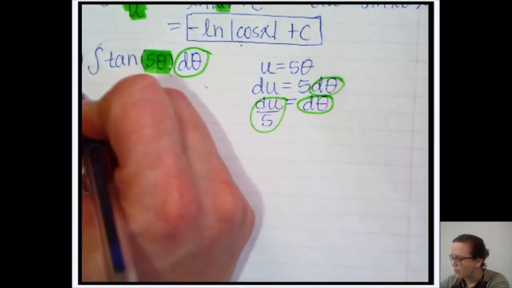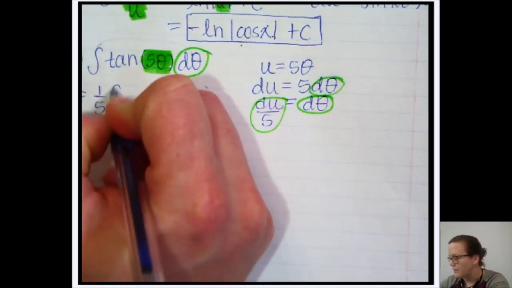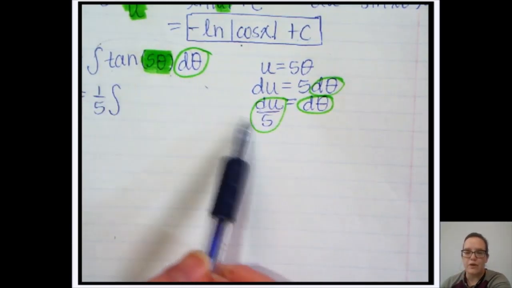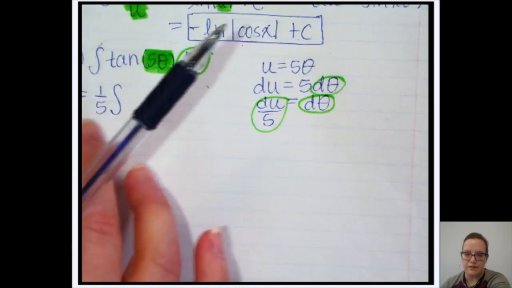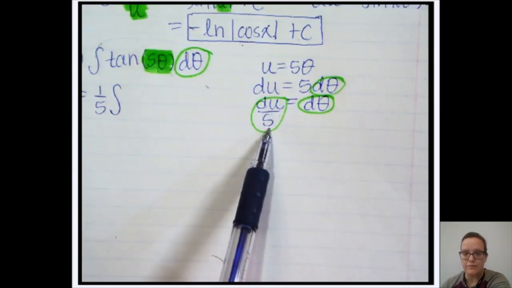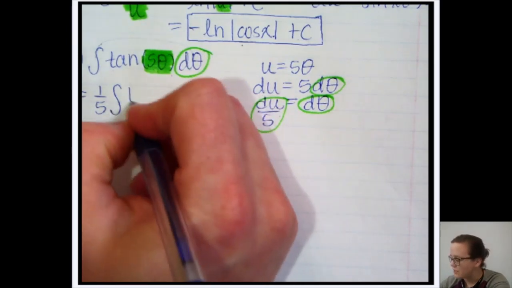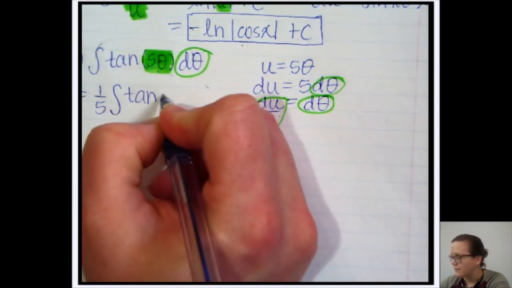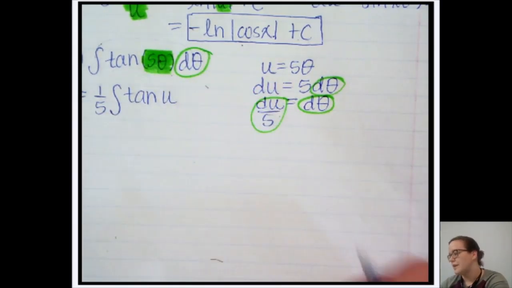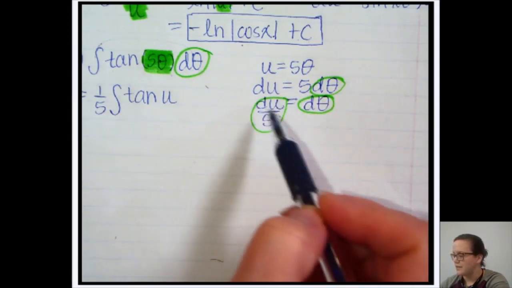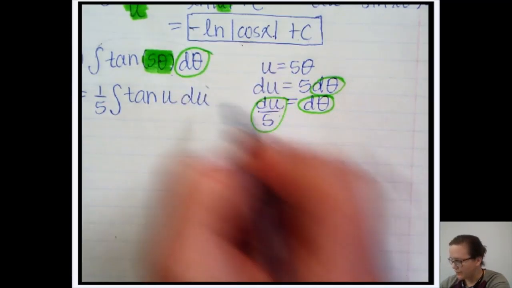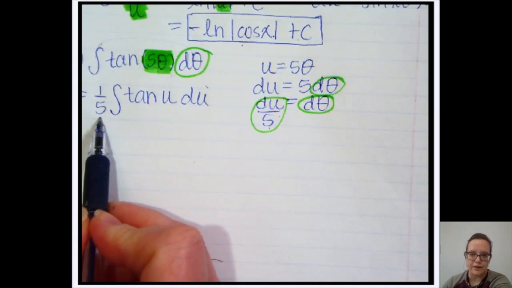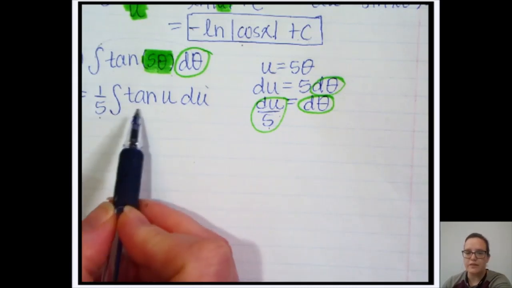Okay, so we can go and rewrite this with different variables. That 1/5 I'm going to move to the outside, and that just comes from right here. So tangent does not get replaced, but the 5 theta gets replaced by u. And then the d theta was du over 5, but we already took care of the over 5 out here. Okay. So now this matches our